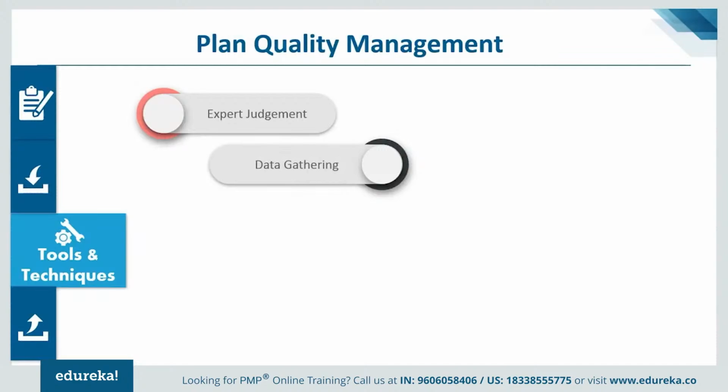Data gathering. Data gathering is definitely another tool which is very useful. We can gather data in various ways. One example could be benchmarking. I can compare the quality with what's published in the market. It could be through various publications or, for that matter, the standards that are there. So I can compare it with the past, with the standards, or with the competition as well. That's a kind of benchmarking, right? I need to be right up there with the competition in the market. If it is not so, then how can I improve ourselves in terms of the quality outcomes that we're